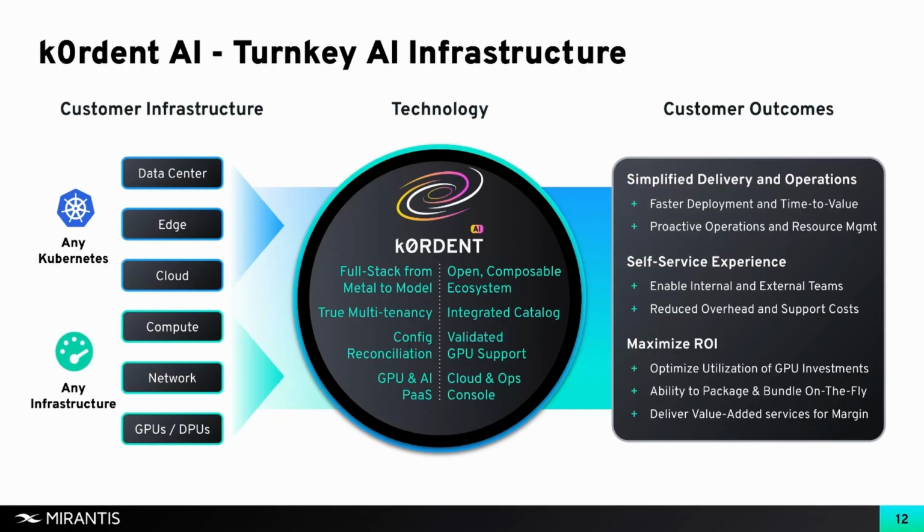This is useful for teams building a shared GPU platform like NeoClouds, and it's also valuable for enterprises that need strong isolation and control. Built for compliance, it continuously checks for drift, keeping your environment aligned and within policy. k0rdent AI offers tools for observability, governance, and cost control, so you can maintain visibility over clusters across clouds. It's open and composable, so you can integrate with existing tools without vendor lock-in. And finally, it includes a curated catalog, so teams can quickly bootstrap their desired services.